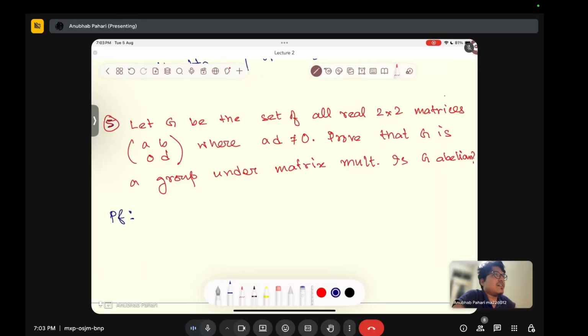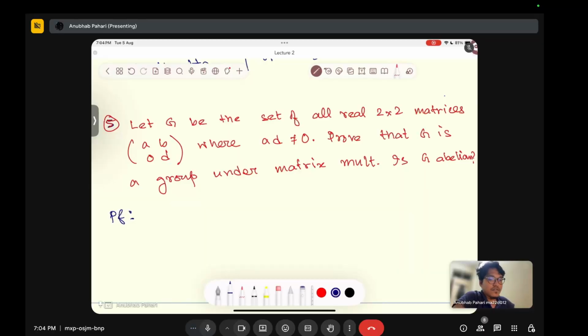So can you find any counterexample, or in general if you could show that